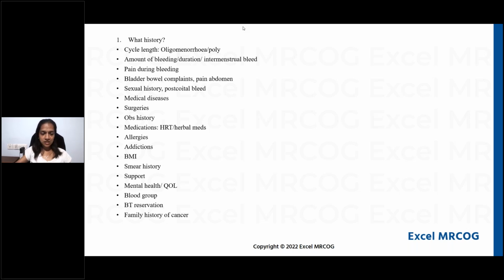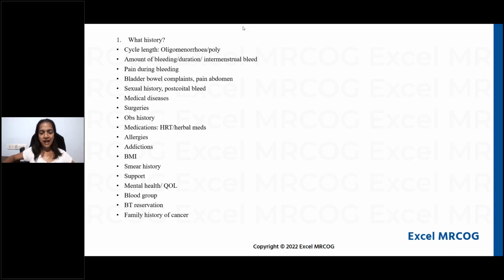And in a structured discussion, you need to have a kind of a structure to your history, because in a simulated patient task you would automatically know what exactly to say. But when it comes to a structured discussion, it may be difficult to organize your thoughts because you're not really talking to a patient, you're talking to the examiner. So what you do is you organize your history into the history of the chief complaints. Then if it's, say for example, a pregnancy with a particular complaint, then history of pregnancy, history of the chief complaint, and rest of the history.